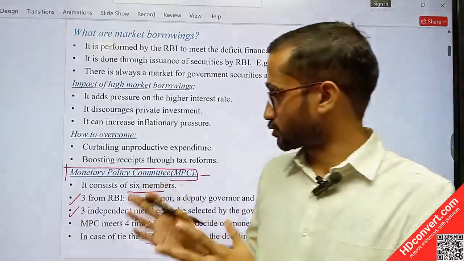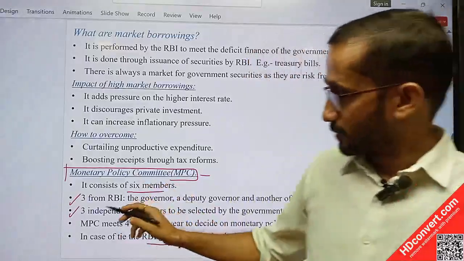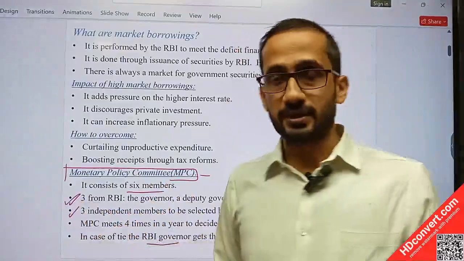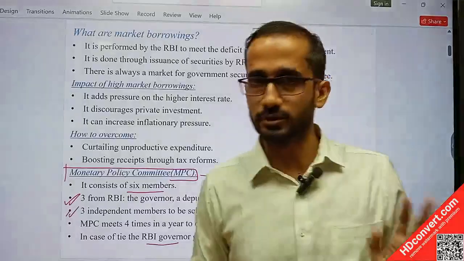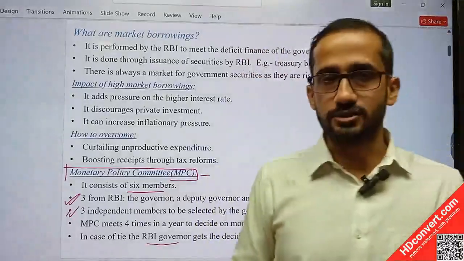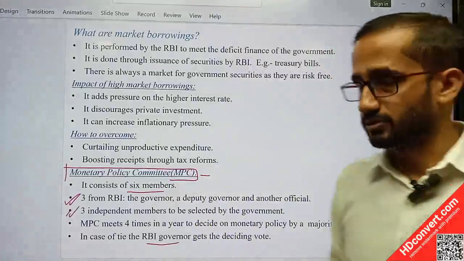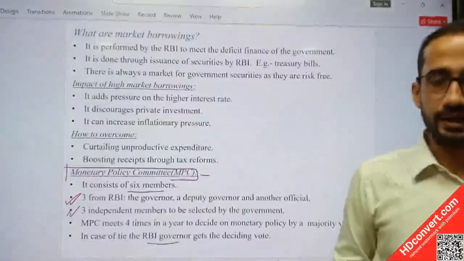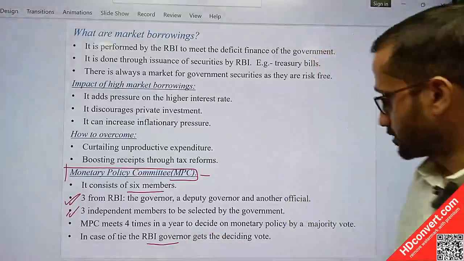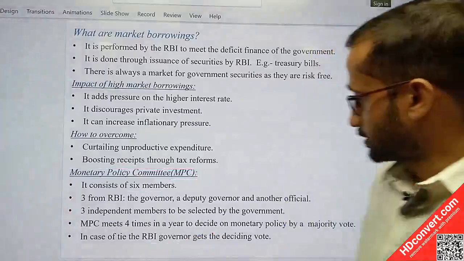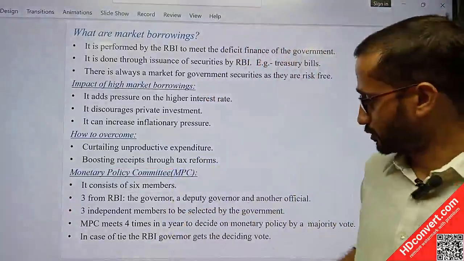policy, after the formation of this committee, we have seen that in the Monetary Policy Committee there are 3 members from RBI and 3 members from the government. Means the autonomy of RBI has now diluted. Okay, so that is the reason why 2 former RBI governors, that is Urjit Patel and Raghuram Rajan, resigned. Okay, so I have already discussed what the main objectives of monetary policy are,